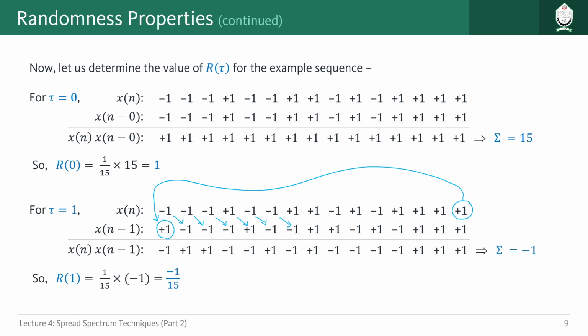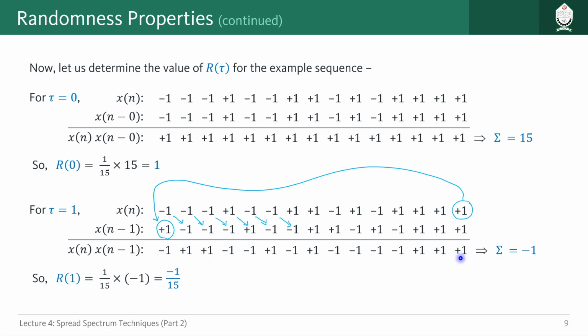So right shifted by 1. And then finally we have to multiply these two values. So minus 1 multiplied with plus 1 is equal to minus 1. Minus 1 multiplied with minus 1 is equal to plus 1. So in this way all these values are calculated. Finally this sequence here,